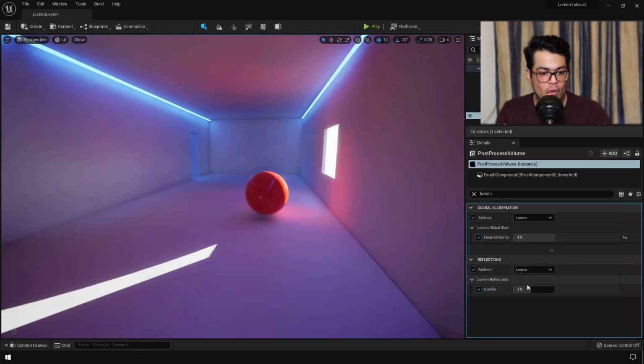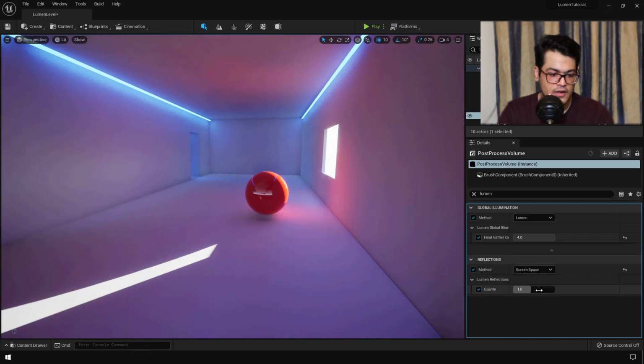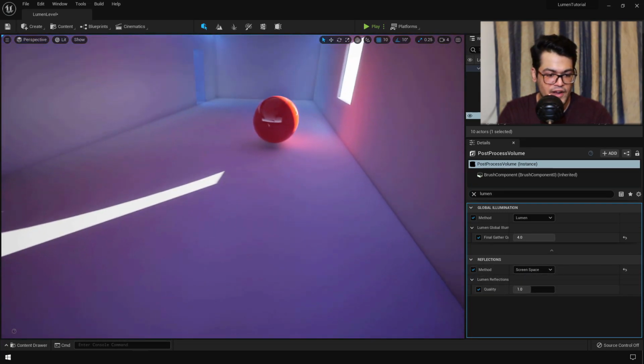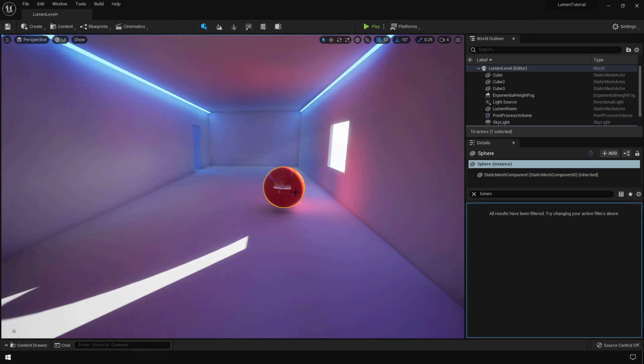Now I'm going to show you what options we had previously before Lumen. You can go to the post-process volume, and as I said, the post-process volume will override the default engine settings. So you can change the reflection method from Lumen to screen space. Now we have some screen space reflections, which were used in a lot of games.